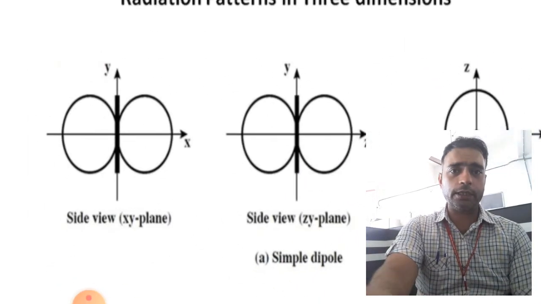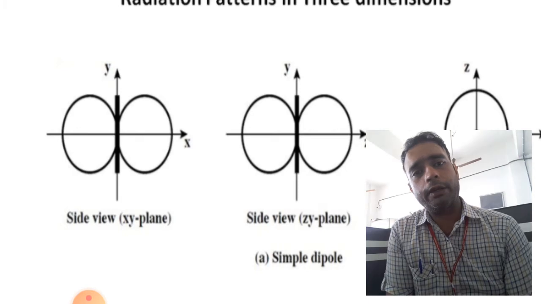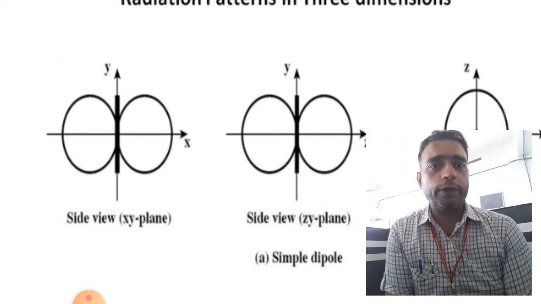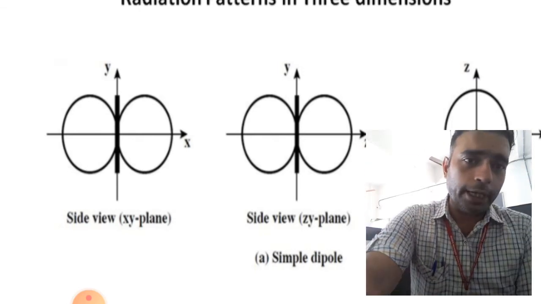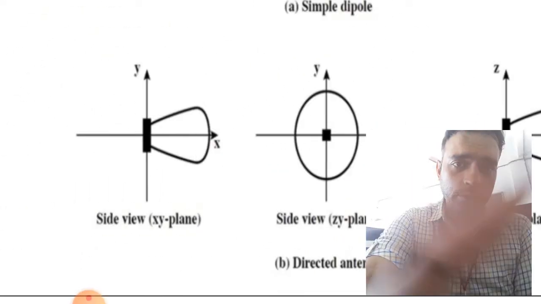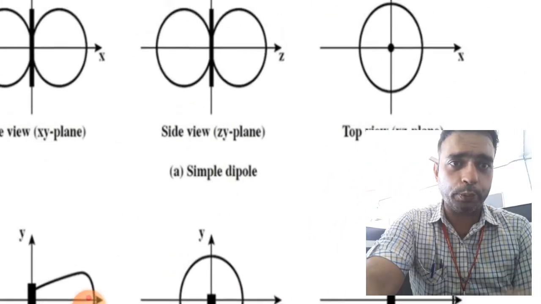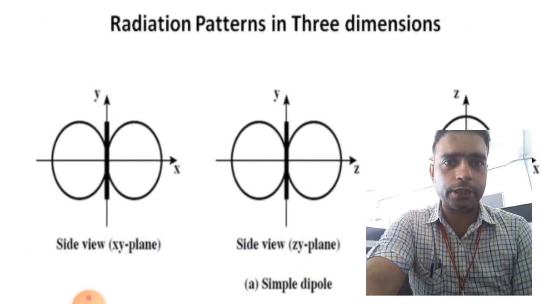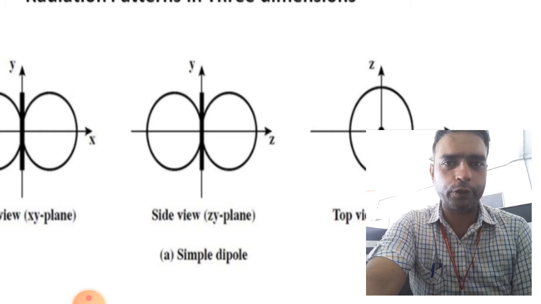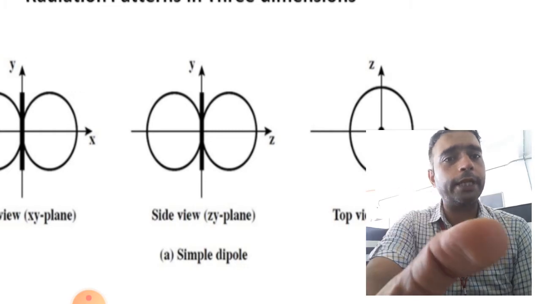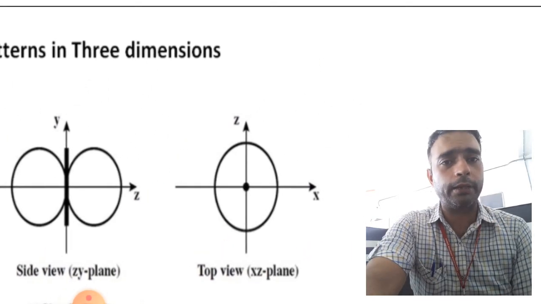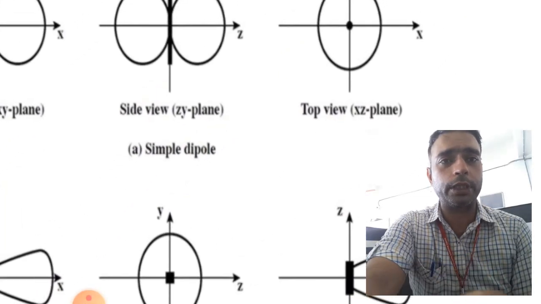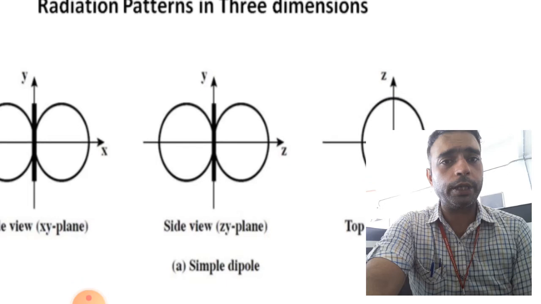And if we look sideways, then we are able to see this xy plane, in which two different circles are given. So that is the simple dipole, right? That is for the simple dipole. The simple dipole is shown with three different views: in the xy plane, in the zy plane, and in the xz plane. So here two different side views are given, and one top view is given for this particular simple